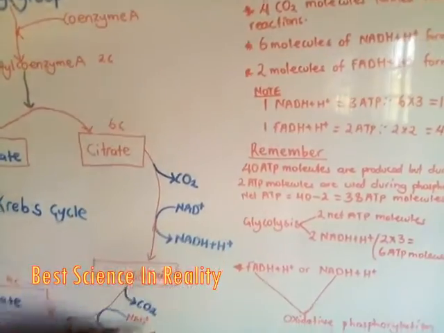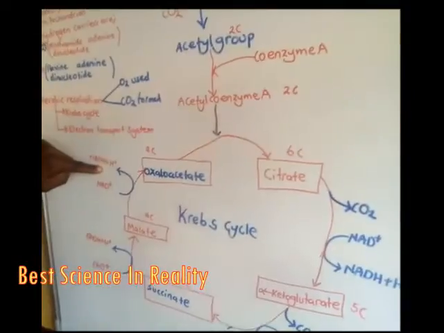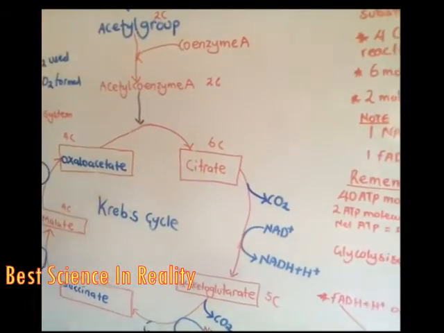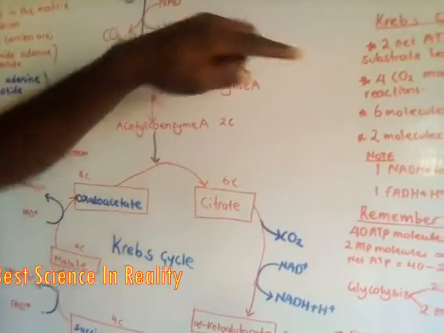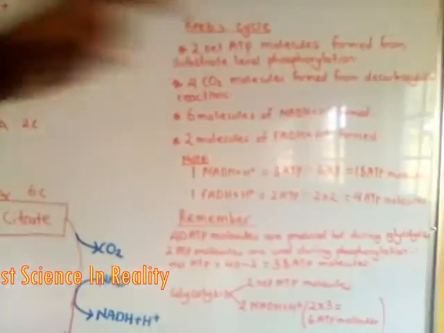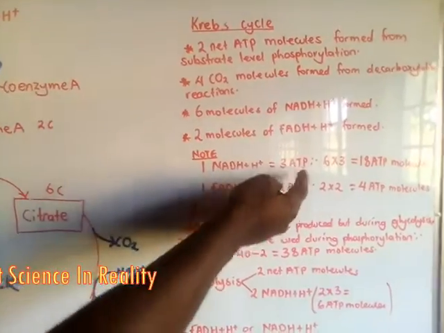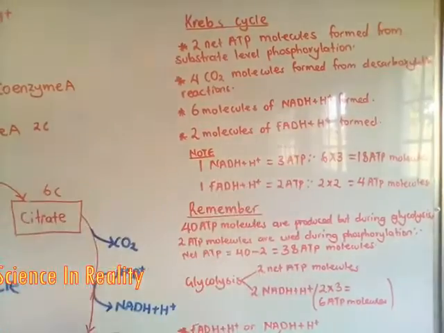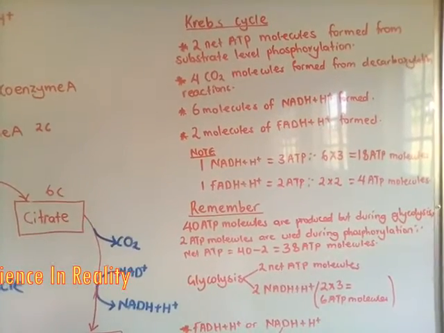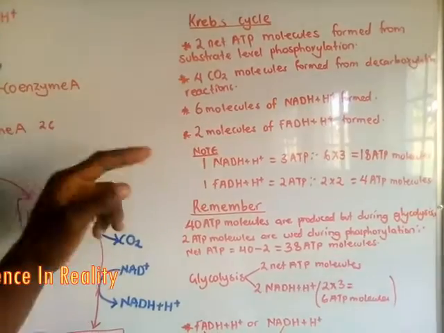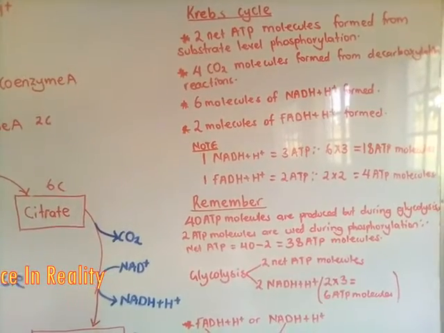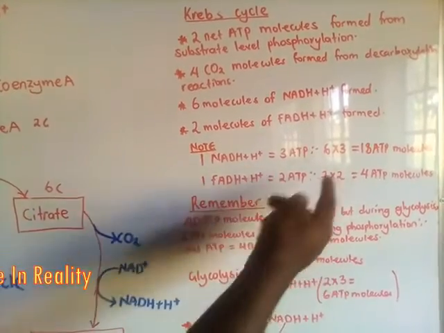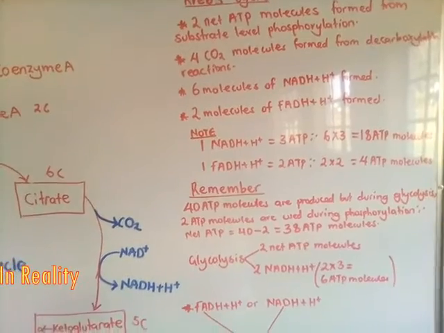One is here, another one is here, another one is here. So since the molecules of acetyl are 2, we shall form 6 molecules of reduced NAD. And 1 NAD we said produces 3 ATP, so 6 times 3 we are forming 18 molecules of ATP, and we shall form 2 molecules of reduced FAD, and we are going to form 4 ATP out of them during